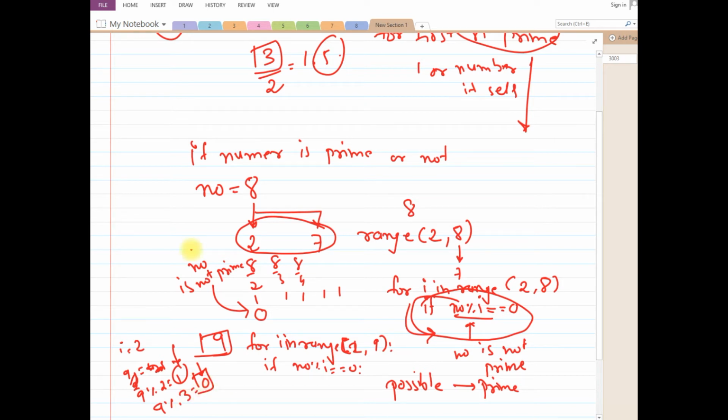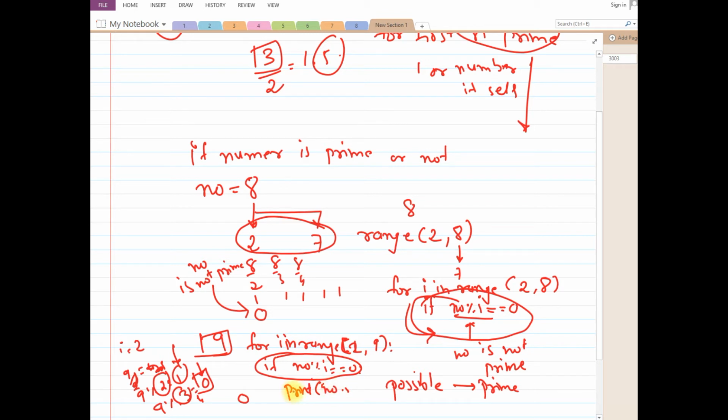So I have to check each and every possibility to find out whether the number is prime or not. So I will go with 2, 3, then 4, 5, 6, 7, 8, 9. And if in all those cases I get a nonzero remainder, then I can say the number is a prime number. So how to do that? I have completed this part. If at any point this condition is true, I am sure that the number is not prime. So what I can do is print number is not prime.